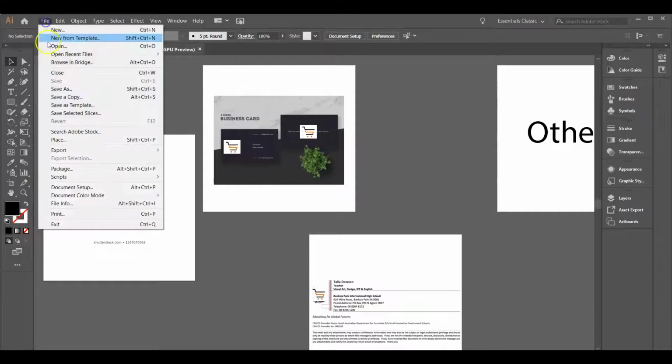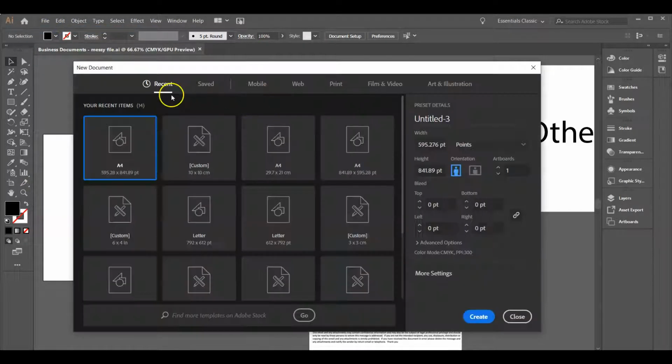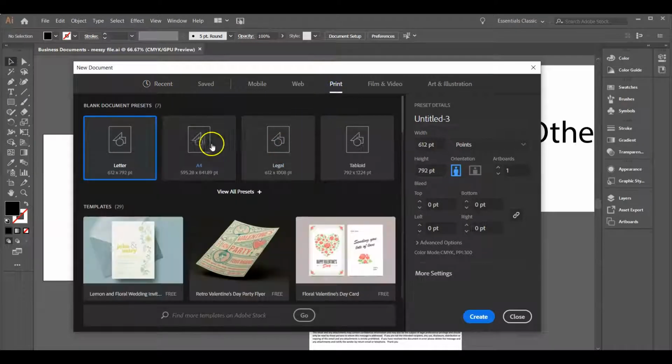So if you go File, New, we're creating a new document for SACE. We need to make sure it's in print, just in case SACE wanted to print your document for some weird reason. Portrait, and then you can add artboards for however many creations you've made. For example, right here I've got a logo, a business card, an email signature, and an other board as well. So I've got 4. If you have 3 others, good on you, then make an extra 2